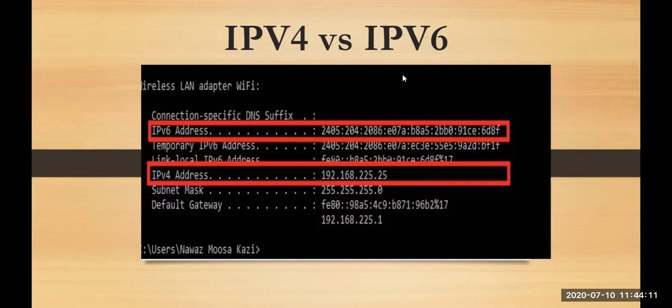Why? Because in IPv4, you have scarcity of IP addresses. Once you have assigned the IP addresses, you are not left with more. Whereas with IPv6, even if there is a 100% network and you assign them all, there will be just 1% of the usage of your IPv6 as compared to IPv4. So we can see that IPv6 generates so many IP addresses. The scarcity problem is completely solved when we are using IPv6, that is Internet Protocol version 6. Okay, so that was your IPv4 and IPv6. Let's move to the next.